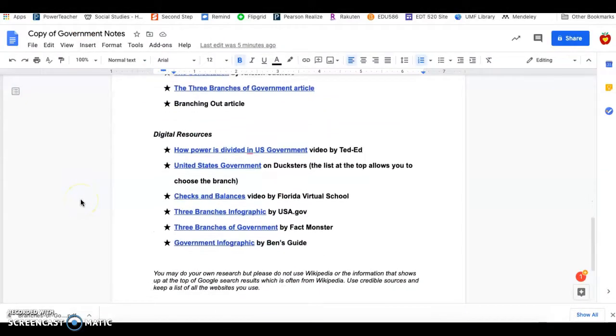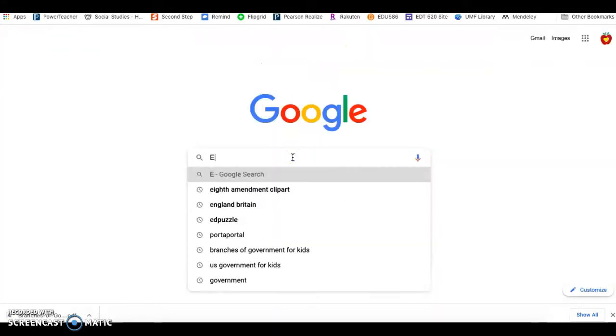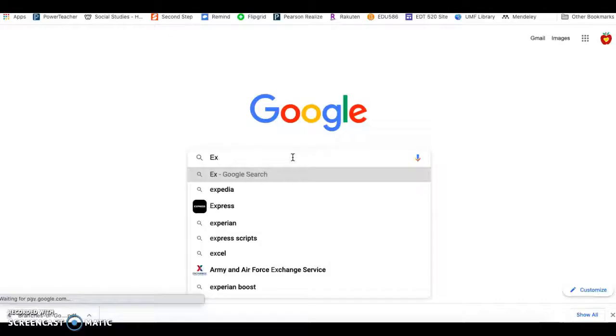You also have some digital resources here. These are websites that I have found useful and other students have found useful in the past. Some of them might be familiar to you as we've used them for other assignments. There is a note at the bottom that says you can do your own research, but when you do a Google search for a branch of government, so maybe I have the executive branch,